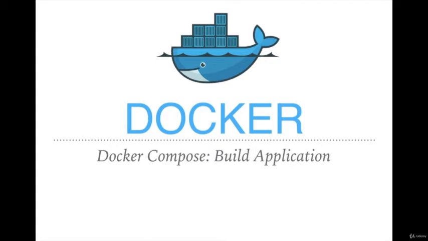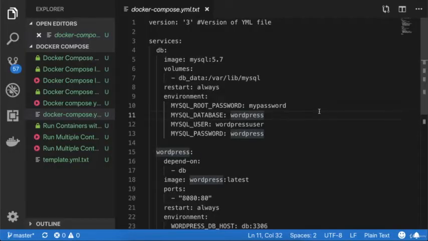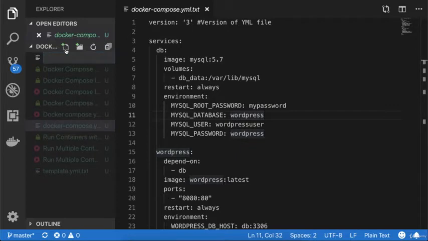And today we will see how we can create a Docker compose YAML file and build an application from scratch. So to create the Docker compose YAML file from scratch, we will go to our editor, right? So right here we are on our editor. Over here I will create a new file and I will call it custom application.yaml,